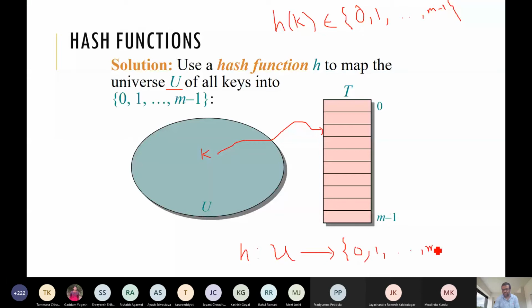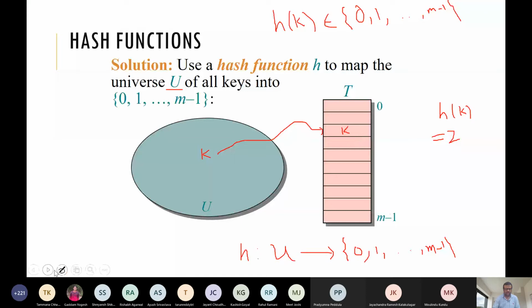Once it is mapped to these numbers, we map it here. Suppose this key maps to 0, 1, 2; if h of k is 2, then we go to this slot and put this k over here. So that is hashing. Any such function is called a hash function.